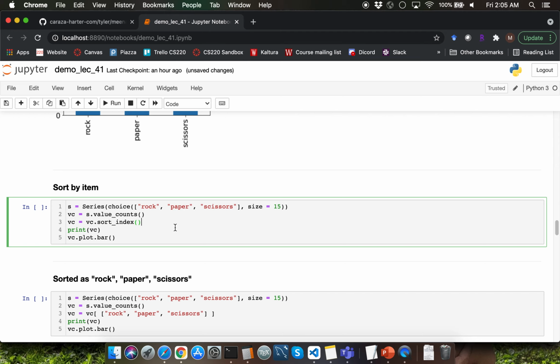On any series, sort_index function call is going to order the values within the series based on alphabetic ordering of the index. What am I doing with the return value of sort_index function call? I'm capturing that back into the same variable vc. That's because sort_index function call is going to return a new series.